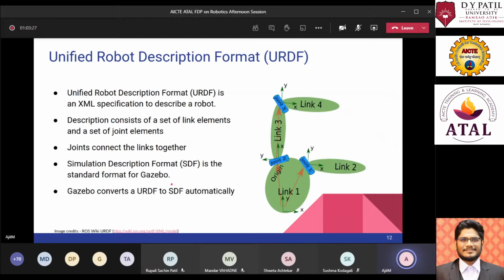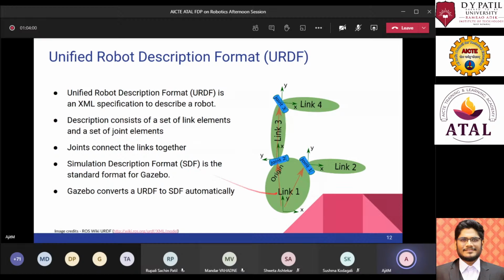So what is URDF? How does it describe a robot, if you ask? Every robot has two major things. The first is a link, and the other is a joint. Using the combination of these two major elements, you can create a whole description of how these two elements combined together form a robot.